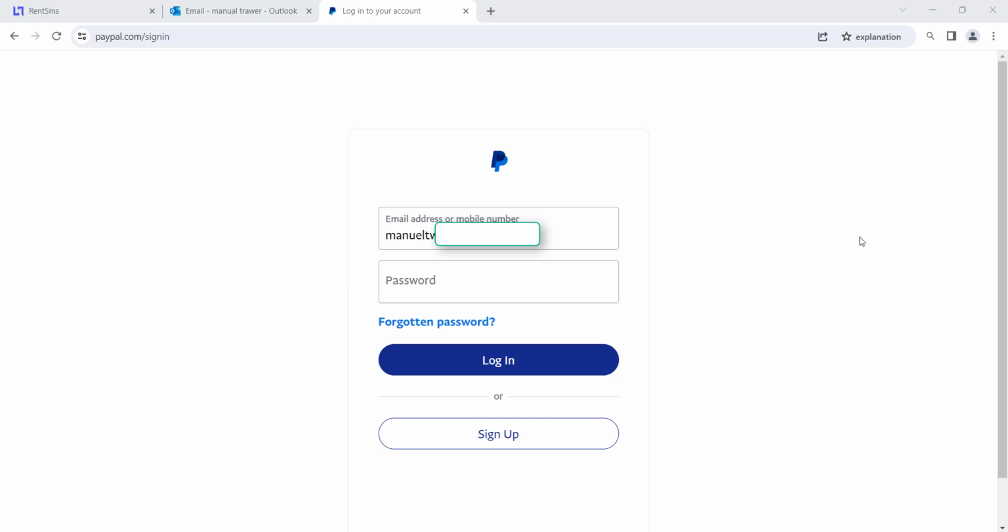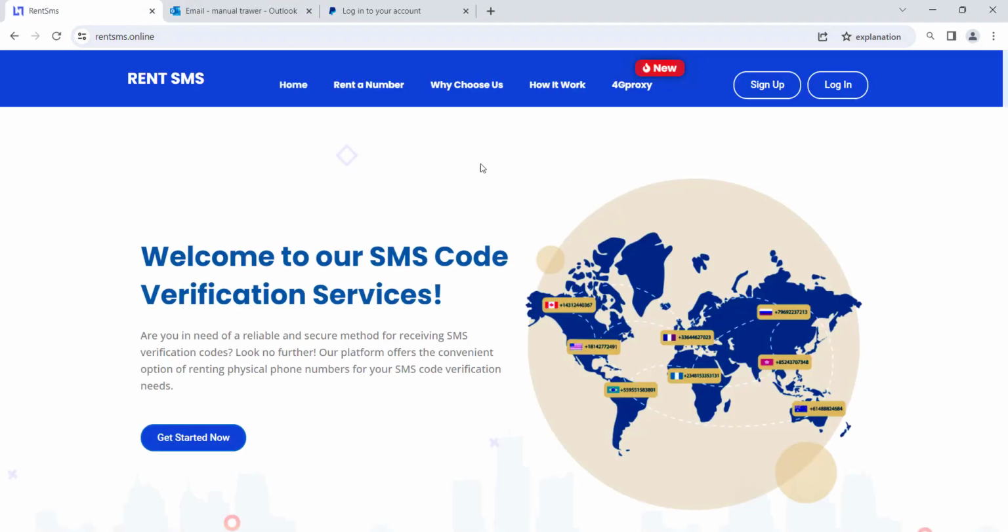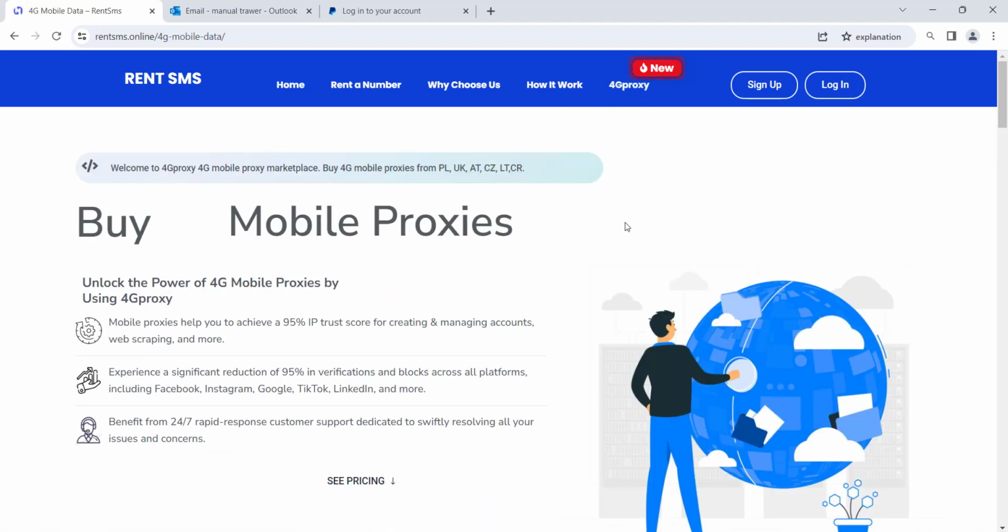In the first video I demonstrated to you how you can create a UK PayPal account using the Rent SMS. This is the website, Rent SMS numbers along with 4G mobile data that they are offering. And this is the 4G proxy that they are offering for the moment to ensure a smooth setup for your